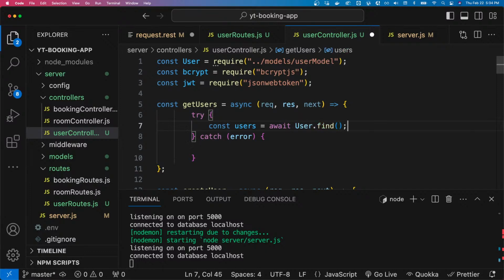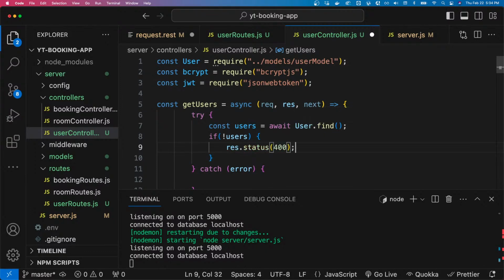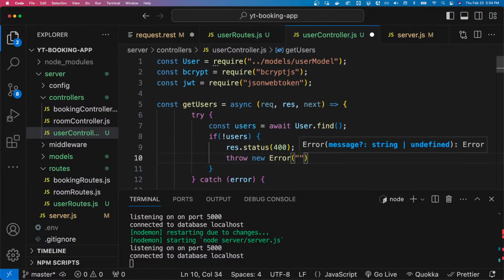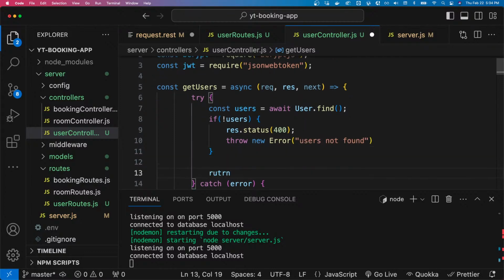We are sending back all the users. Then if not users, which is probably unlikely, let's say res.status of 400 and throw new error with users not found. Other than that, we will return